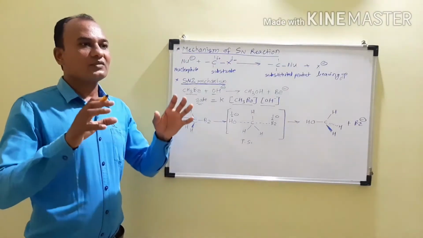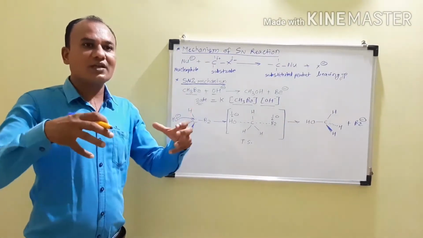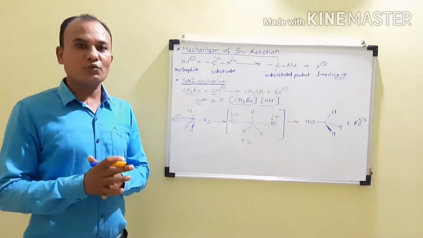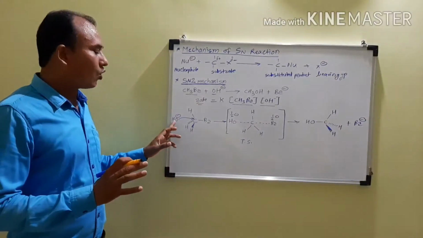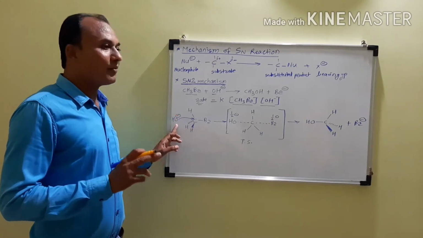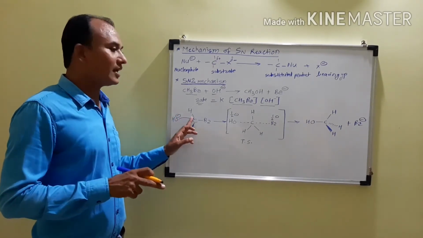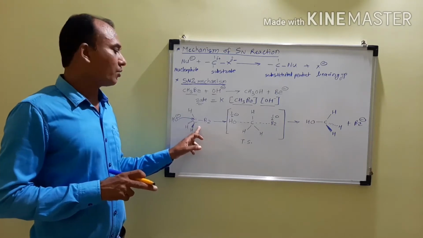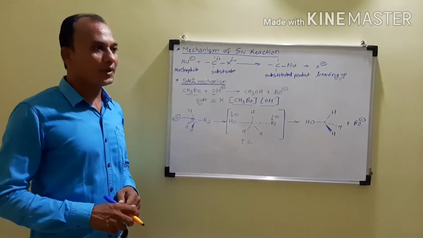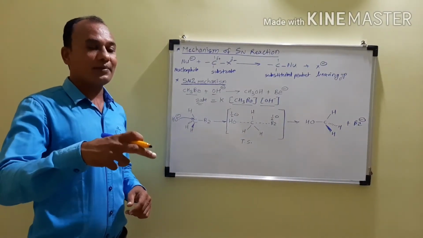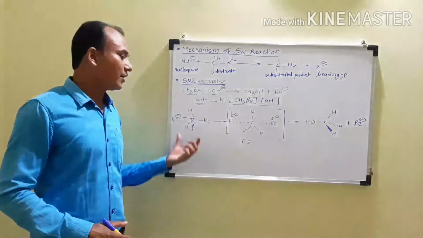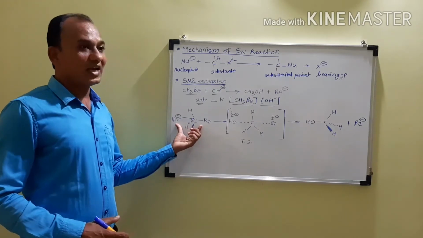Both the reactants can affect the rate of the reaction only when there is an attack of hydroxyl ion on the substrate. It means if there is a formation of bond between the hydroxyl ion and the carbon of the methyl bromide, at the same time simultaneously there is a breaking of the bond between the carbon and bromine. In the slow step, the rate determining step, both processes take place simultaneously.